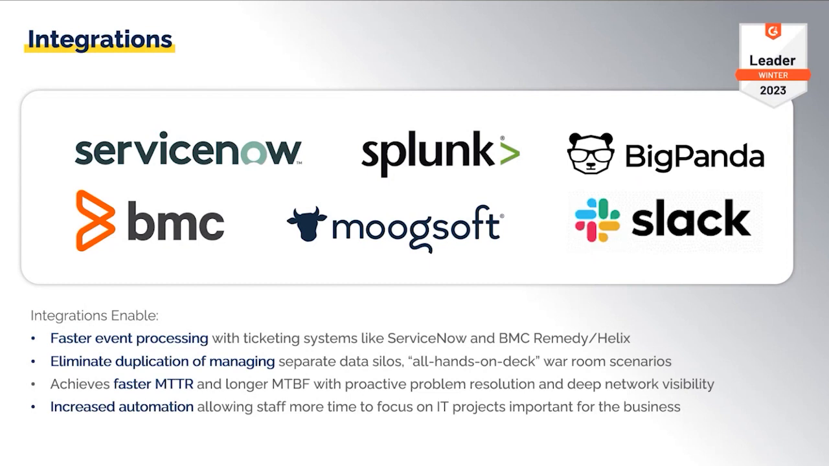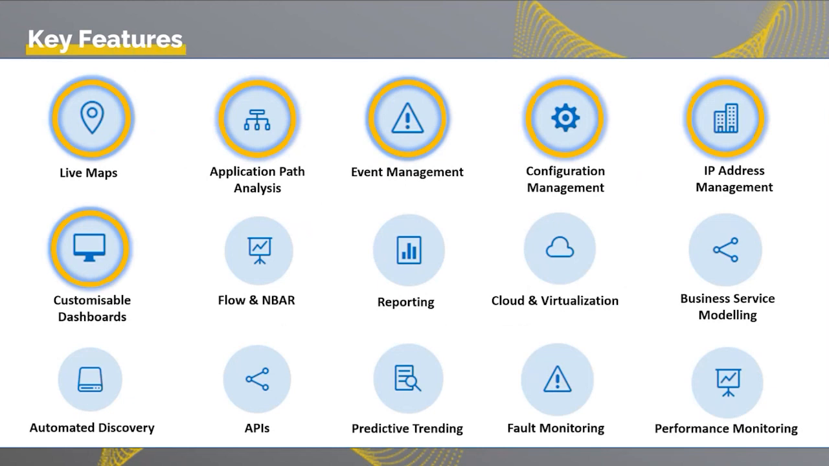Now let's look at the key features of the product. Here are some of the key features that you'll get from Entuity as an all-in-one platform. So that means it's a single software stream with all of this functionality embedded in a self-monitoring system. You will get live maps, application path analysis, event management, configuration management, IP address management, customizable dashboards. These are the items that I will show you today in the demo, but you have other features as well